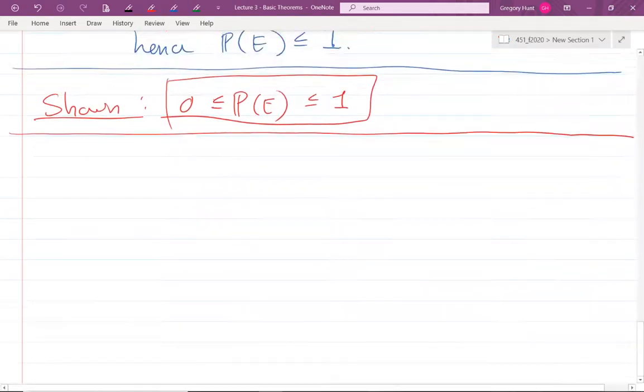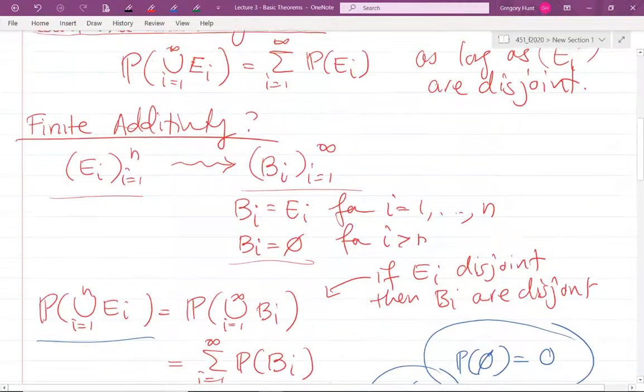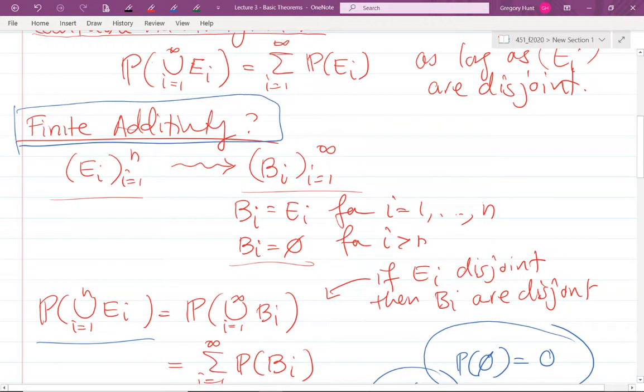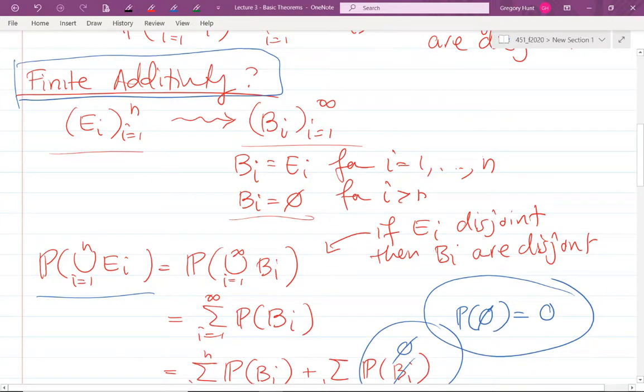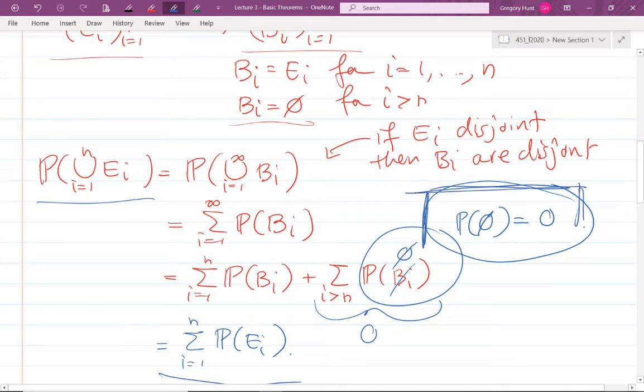So at the beginning of this lecture, let's go back up here, we had talked about finite additivity. And we said, okay, we have this countable additivity thing, but that also works with finite additivity. You can kind of tack on a bunch of empty sets. Nothing bad is going to happen. And in order to prove that, we had this result here, that the probability of the empty set is 0. The empty set is often called the null event. So the probability that nothing happens is 0.